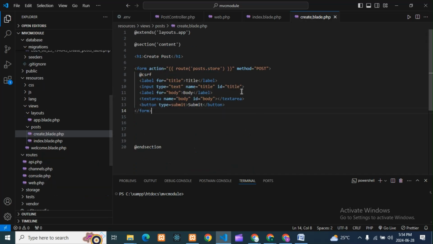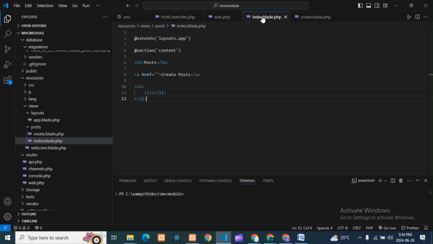So this is all we need to include here, and adding the CSRF token is a must, we need to use that. This is the title, fine. This is done. Then in index, from here only we are creating, right, in our main index file. So here also we need to give that path, the create path.